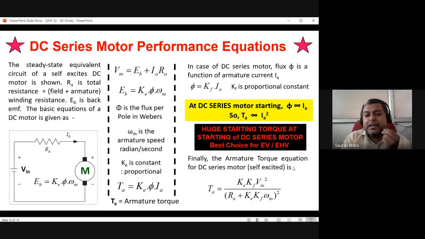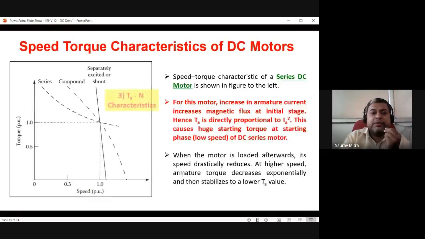This is how the armature torque is found out. This is the third characteristic. So previous characteristic, first we have seen torque versus Ia. Second characteristic we have seen speed versus armature current. This is the torque versus speed characteristic. And this is the most important for series motor. So all three motors' torque versus speed characteristic is given. We have to remember this. That is series motor torque versus speed characteristic. X-axis is the speed, Y-axis is the torque. In some books you might find torque on the x-axis, speed on the y-axis, but better you show this one.